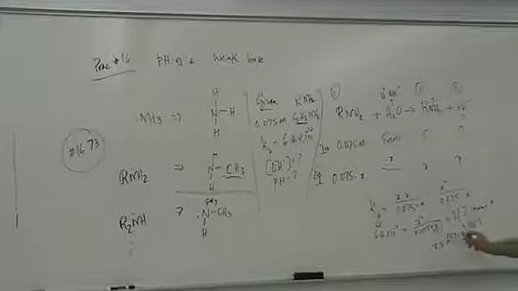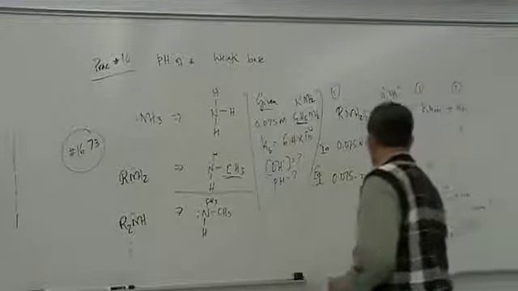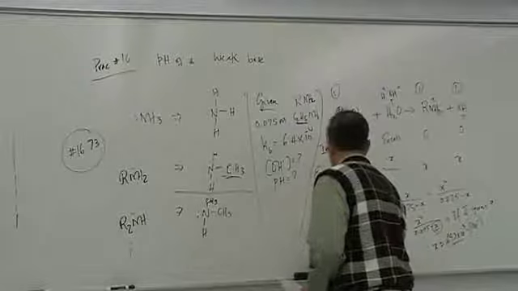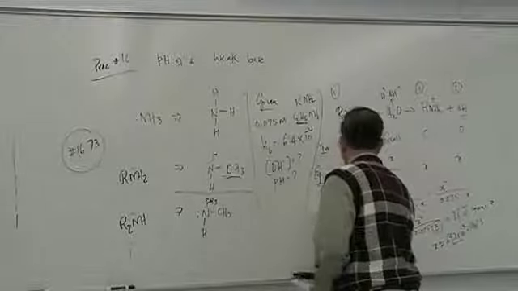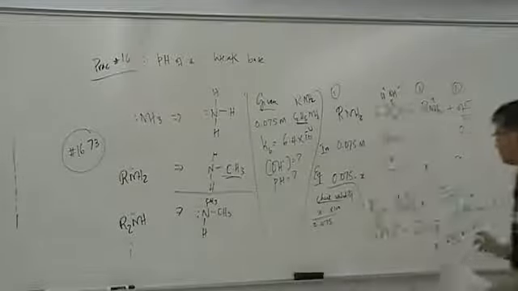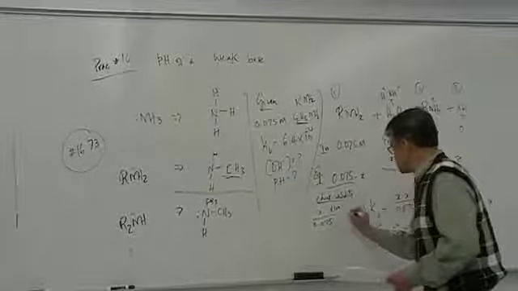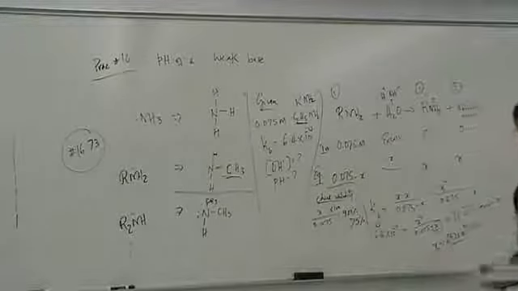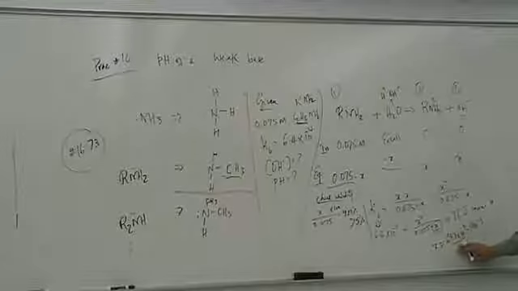But the question is, you have to see whether your approximation is right or wrong. You should double check what percent X is. So that means you should check X divided by 0.075 times 100. We are checking the validity of our approximation. In this case, I got 9.23%, which is greater than 5%. So it's not a very good approximation. So you cannot ignore this X from the bottom and take the X value as your final answer,